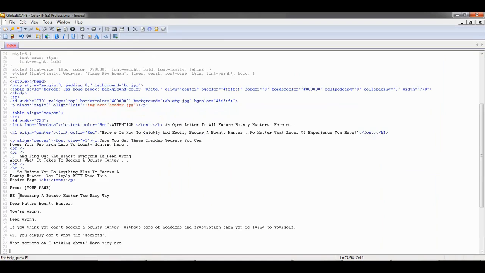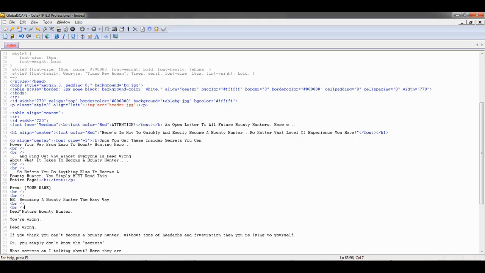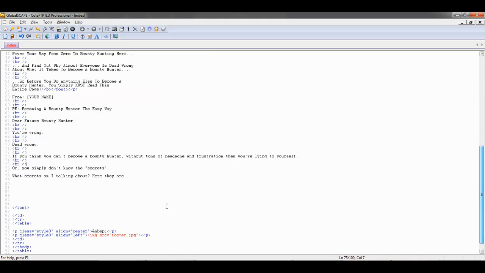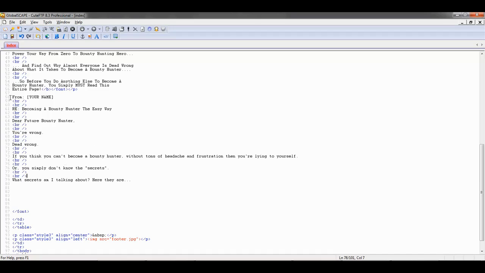So I put this in here. Remember, wherever you want spaces, you got to do that whole BR thing, okay? So, and I'm just control Ving. That's pasting. Okay, so I want to do from bold, my name, and the replay here will be bold. And I like to italicize and bold where I'm talking to the person, where I do the dear whatever,